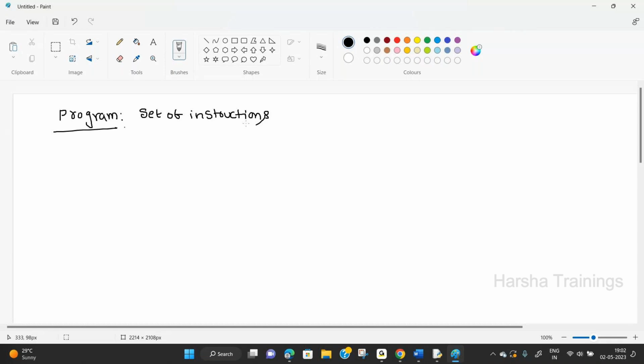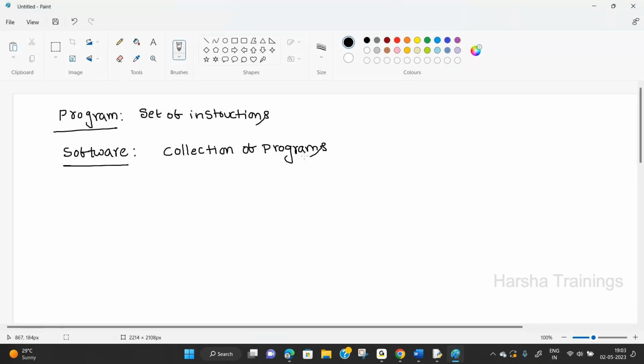Once you know the definition of a program, you need to learn the definition of software. Generally, what is software? Software means simply a collection of programs to perform some activity.